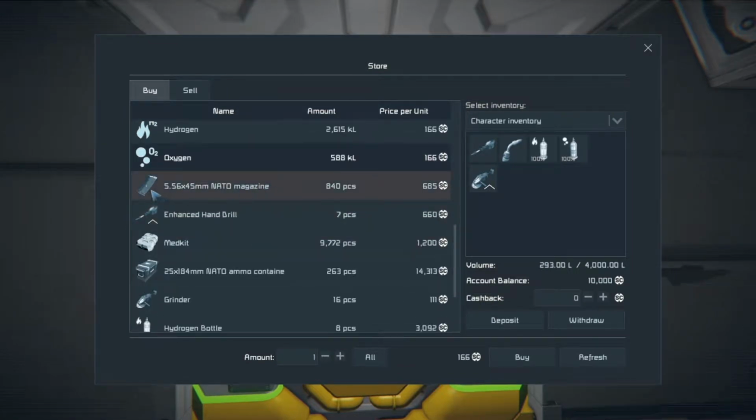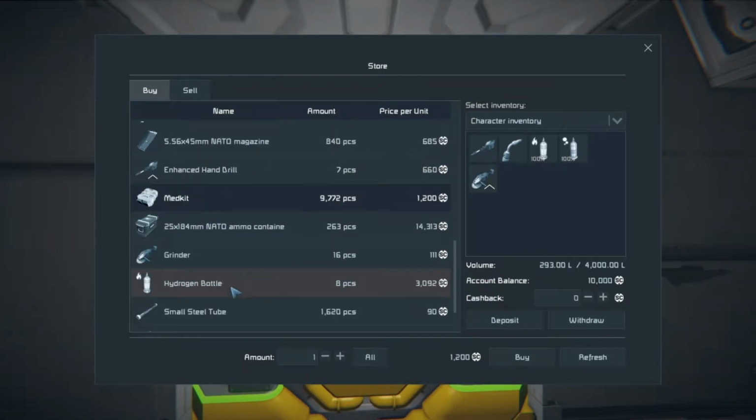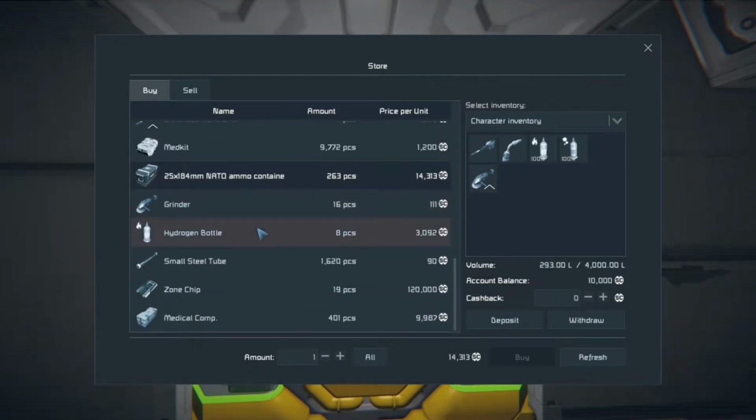We can get personal ammo. We can get med kits, hydrogen bottle. We can get ammo for turrets and ships. We can also get the zone chip. The zone chip is the